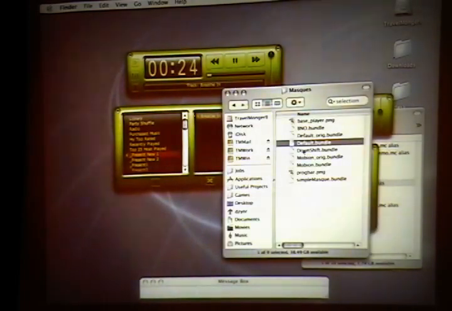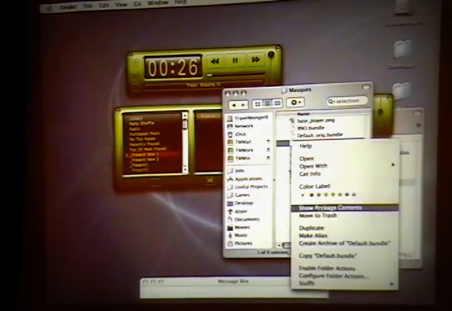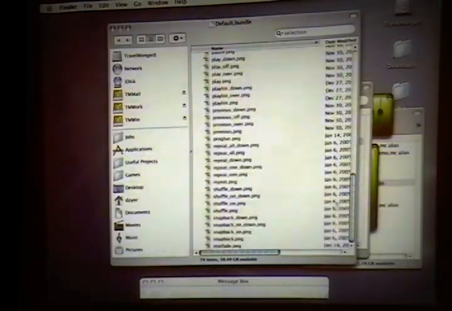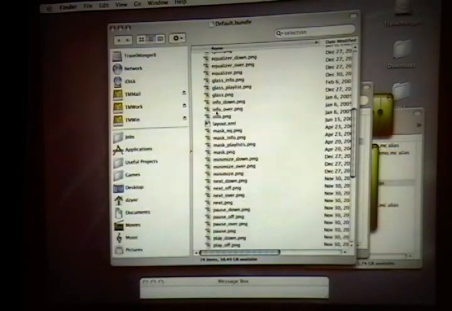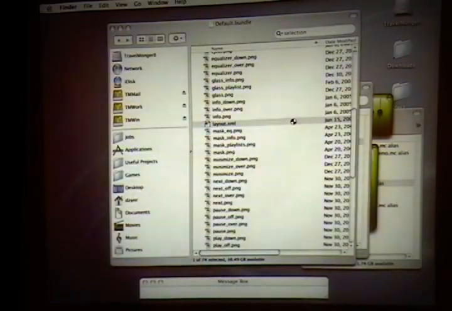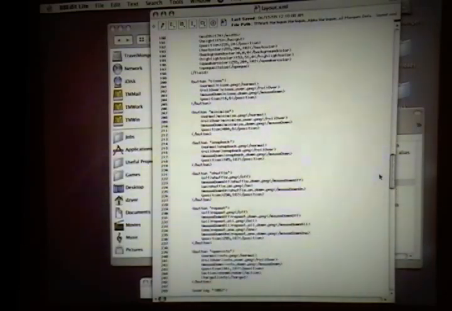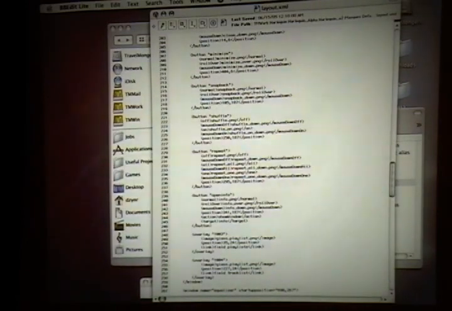So in these bundle things right here, if I show the contents, it's all just a bunch of loose PNG images. They're all just images. And then this is the layout file that defines how each one of the objects should be laid out. You can customize font colors for the playlist, where everything is positioned, how many windows you have, where things should start. It looks a little daunting right here, but